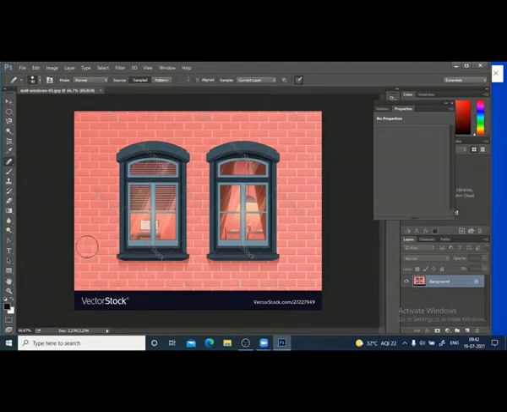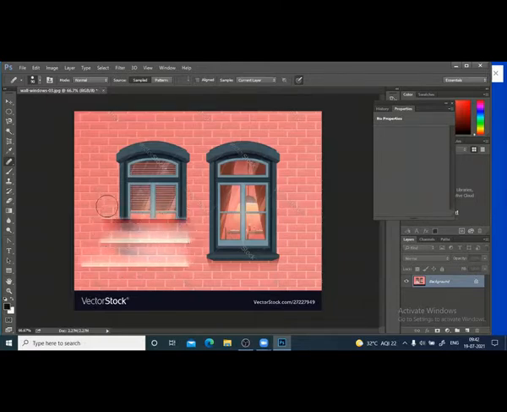Now I'll come here and keep it approximately the same, similar. Press your left mouse, press the shift and drag. It is removing, but the effect is not what we expect.